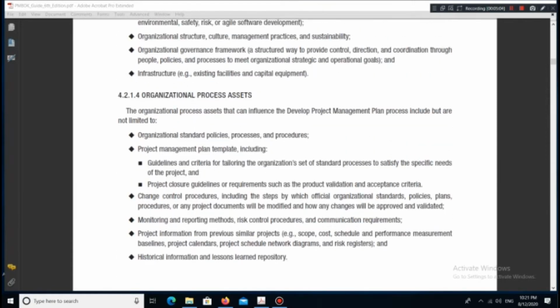4.2.1.4 Organizational process assets. The organizational process assets that can influence the Develop Project Management Plan process include but are not limited to: organizational standard policies, processes, and procedures; project management plan template, including guidelines and criteria for tailoring the organization's set of standard processes to satisfy the specific needs of the project, and project closure guidelines or requirements such as the product validation and acceptance criteria; change control procedures, including the steps by which official organizational standards, policies, plans, procedures, or any project documents will be modified and how any changes will be approved and validated;